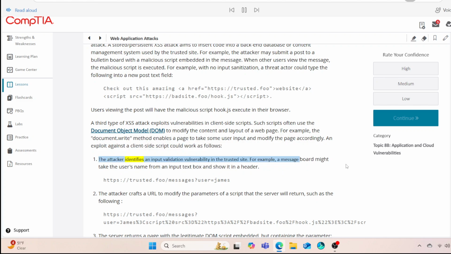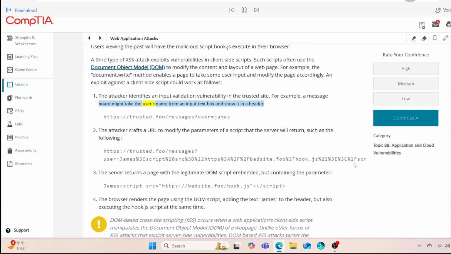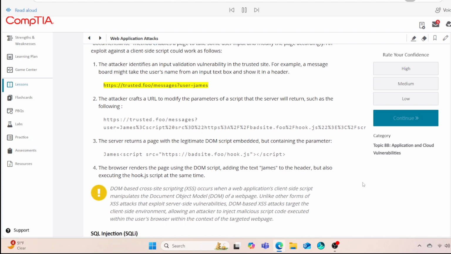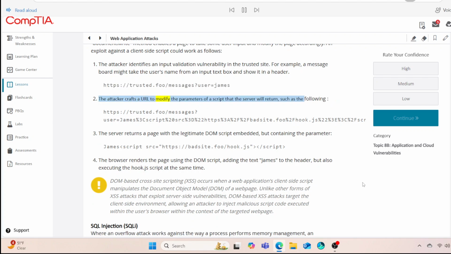The attacker identifies an input validation vulnerability in the trusted site. For example, a message board might take the user's name from an input text box and show it in a header. https://trusted.foo/messages?user=James. The attacker crafts a URL to modify the parameters of a script that the server will return,